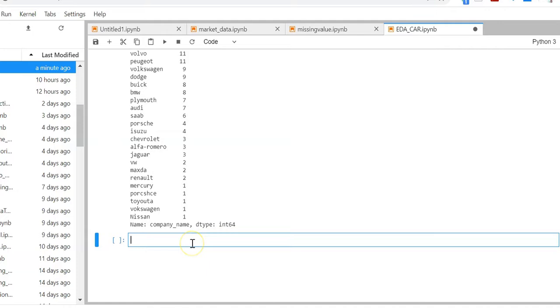Now to do that, we are going to use the loc function. Let's see, cars loc. You can also use if else if conditions here, but then if else if will be quite long, so the easier way is to do it with the help of loc. So what I'm going to do, company name equal to, let's say, Toyota.